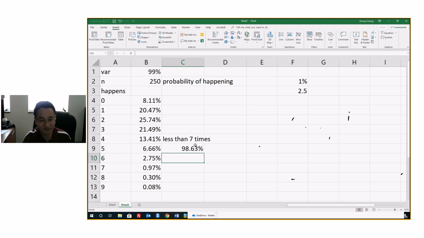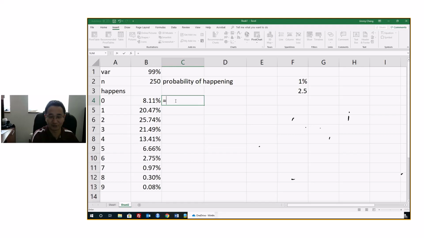So is that making sense? You can continue to go down. That's how you look at it. Certainly, I can just use an Excel function, just like what I showed a while ago. And also we have something called a binomial. The calculation we did here is a binomial calculation. We just did it by hand. However, you can just do it using this function, okay?